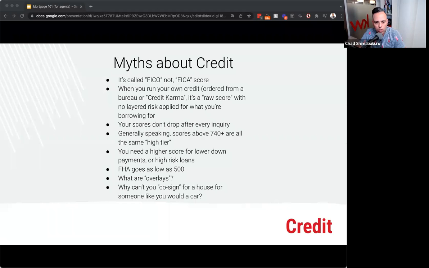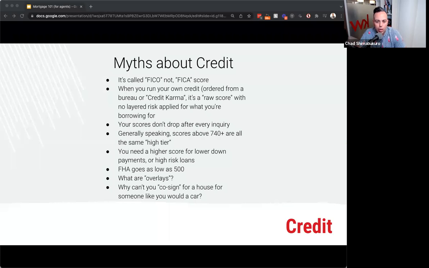It's just because there's a raw score, and Credit Karma and those types of things are, in fact, I have it because I'm looking at my scores all the time, but I don't look at it for the score portion of it so much as I'm looking at it for the data portion of it, to see if there's anything on there that's erroneous, or what my available credit is and that sort of thing. So there's a purpose for that, but the score itself will change depending on who's running it.